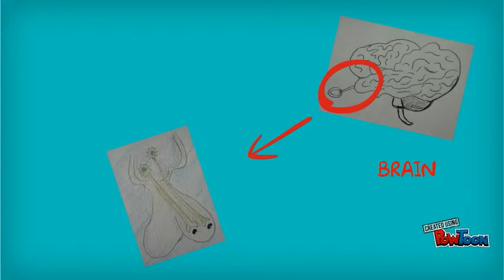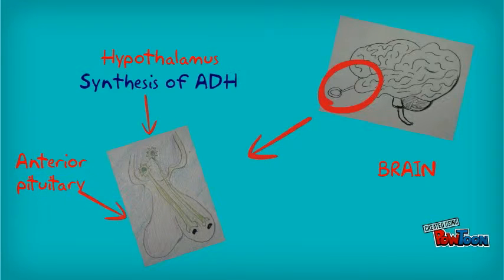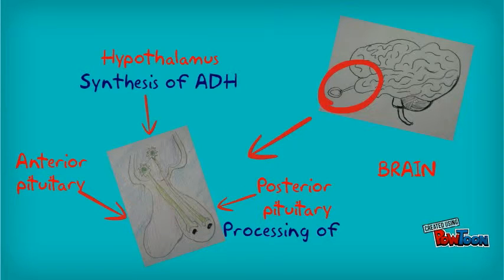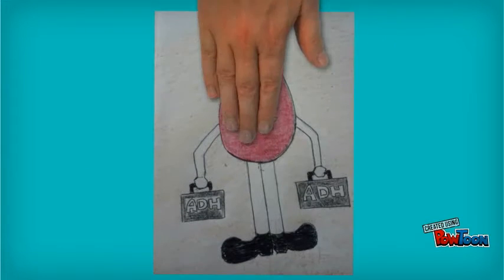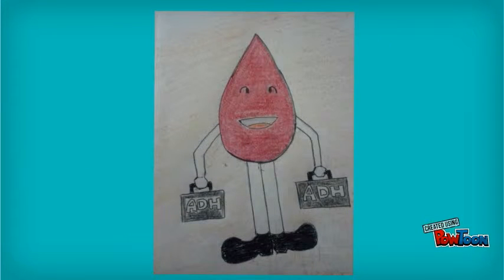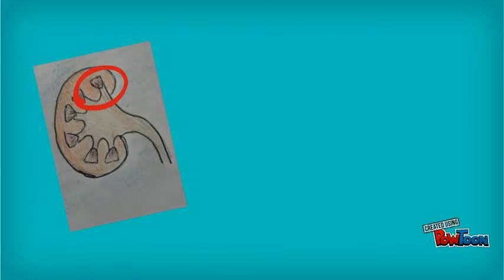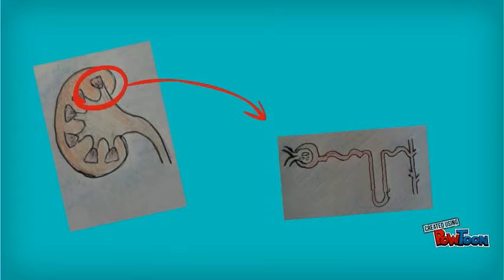There is a hormone synthesized in the hypothalamus called ADH, which is short for antidiuretic hormone. ADH travels down to the posterior pituitary from the hypothalamus to be secreted into the systemic blood for distribution throughout the body. Blood carries ADH all the way to the kidney. The kidneys basically filter the blood in our body by excreting toxins, waste, and excess water in the form of urine. This filtration occurs in the nephron, which is the functional unit of the kidney.